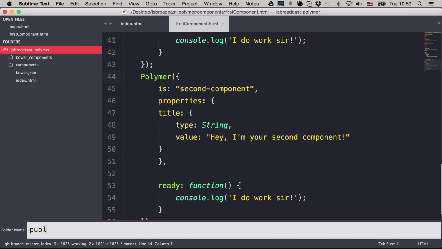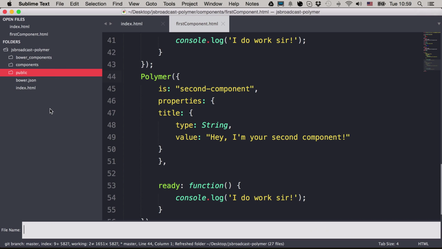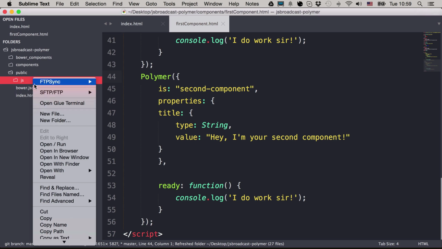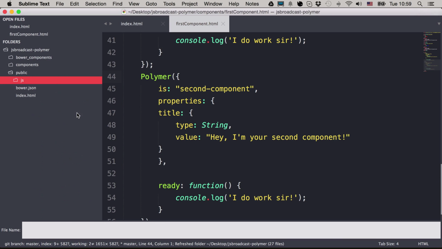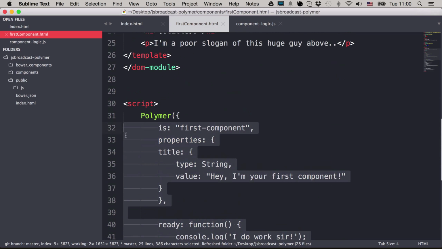a new folder public, and then inside of public, a new folder JS, and inside of JS we could keep our component logic.js, and inside of there we would simply take all this from here,